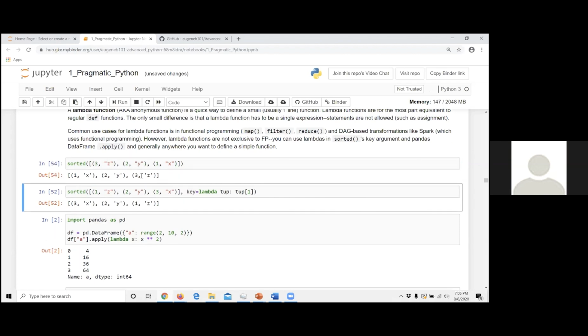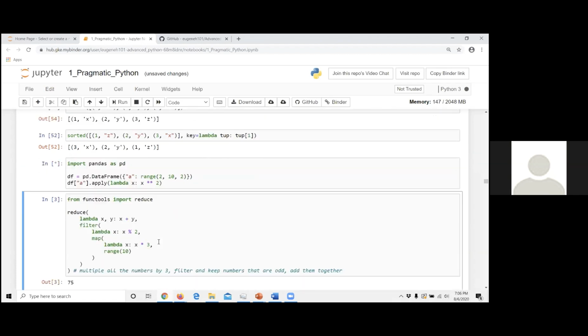So just as 1, 2, 3, right? But if I want to sort on the second element, I would use a lambda. The lambda says that given the element, what should I extract that value to be? I'm extracting the second element. And then sorted says, based on that comparison of the second element, sort it. So I'm sorting by x here, y, and z. So that's a simple lambda expression.